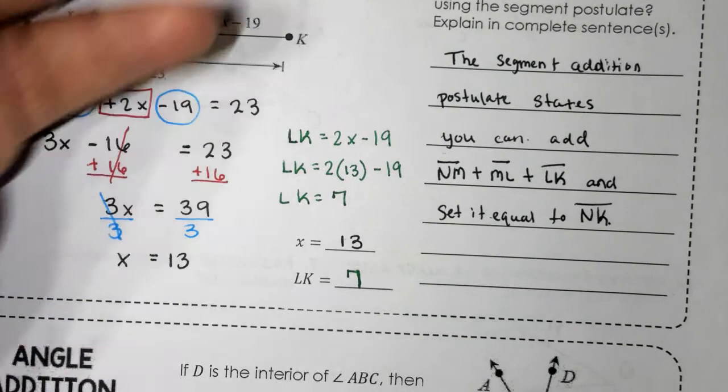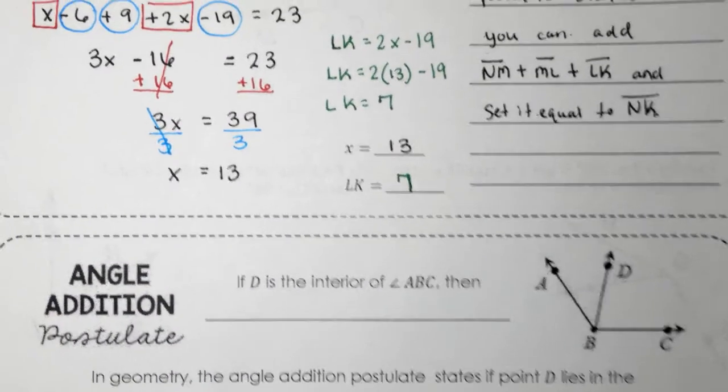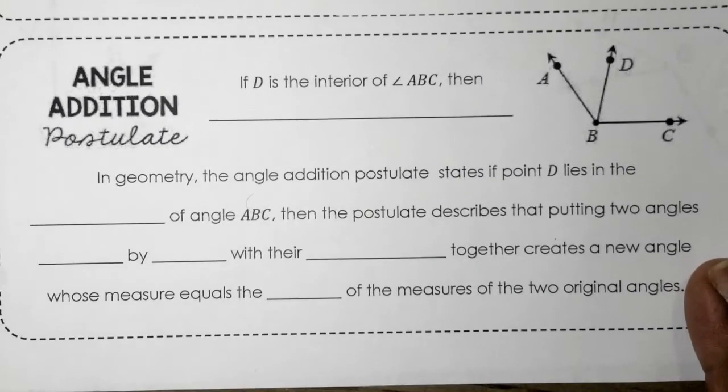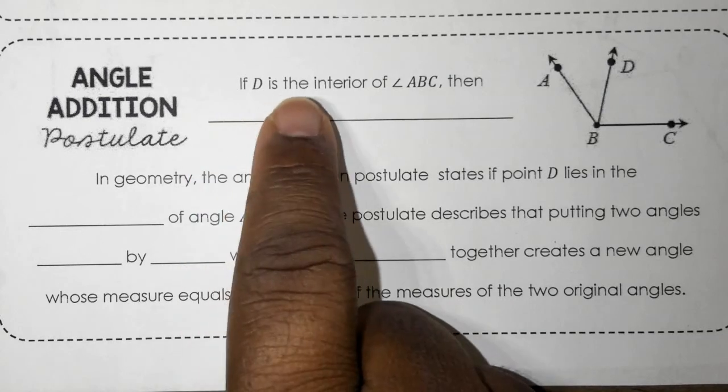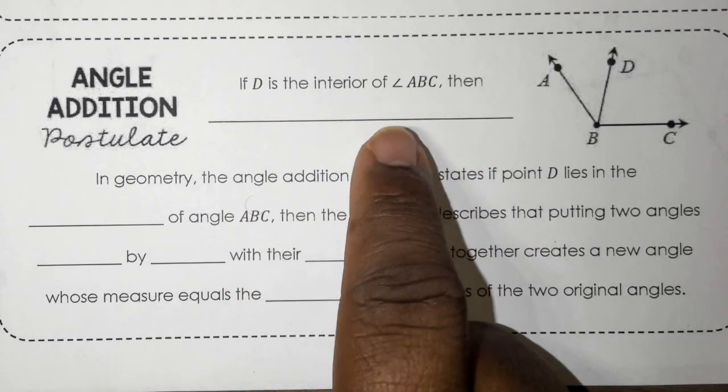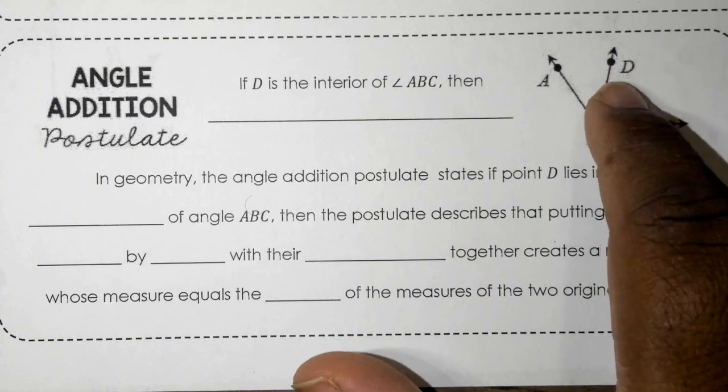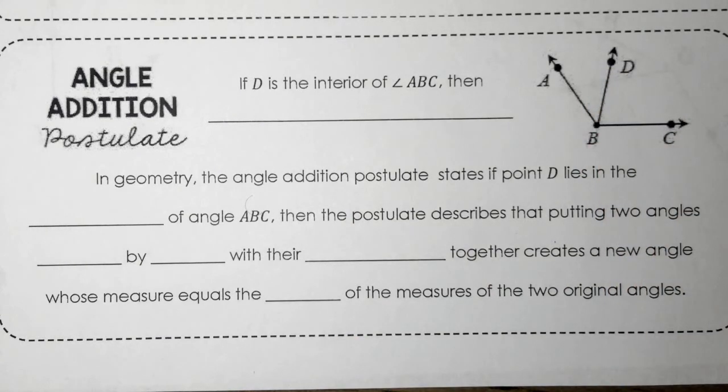Let's get into what we need to know. And honestly, from what we've been doing all week, we've kind of been learning this already. You just haven't known that you've been learning it. The angle addition postulate. Same concept as segment addition, except it's an angle now, instead of looking at a segment. So on here it says if D is the interior of angle ABC, then the angle addition postulate is going to tell us this,